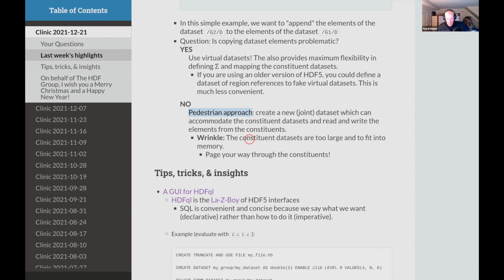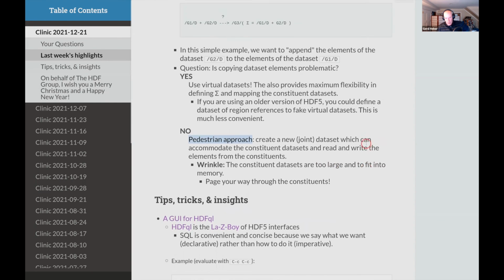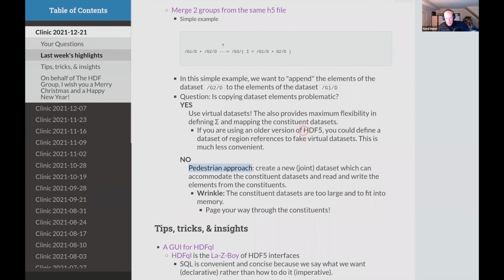The only wrinkle here is that if these constituent data sets are very large, and by large I mean they do not fit into memory, then you cannot just read the whole data set and write it back. You will have to make hyperslab selections, so to speak, and bring over the data that way. And so those are basically your two choices.